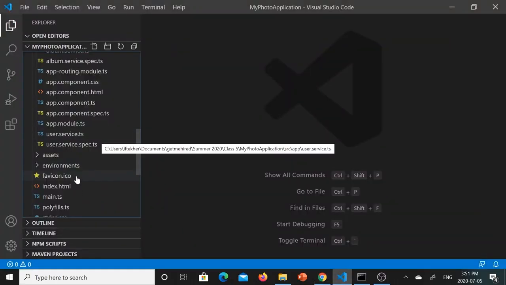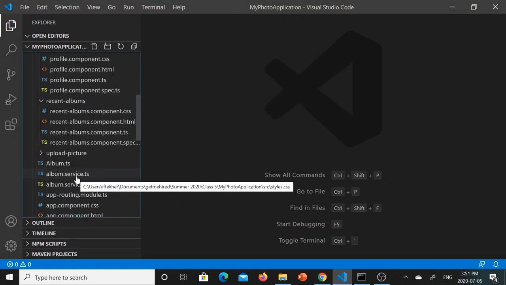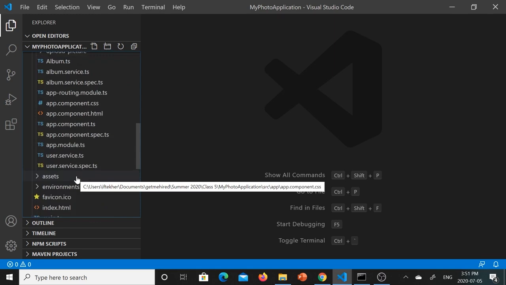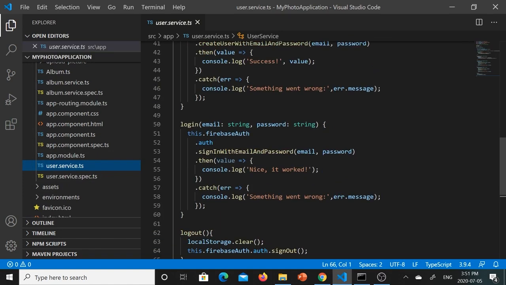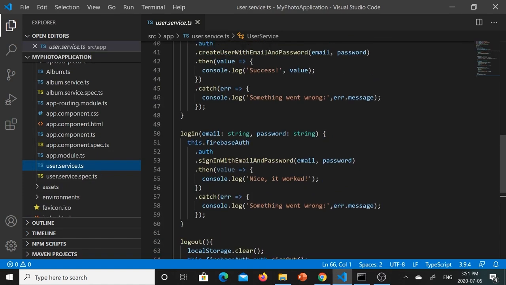And then if we go to the user service, you will see that when the sign up works or the login works, we only print this success message that it worked. But at the same time, we want the user to navigate to a more functional place in the application. So the way we can do that is we can use a router navigate for that. So let's import the router